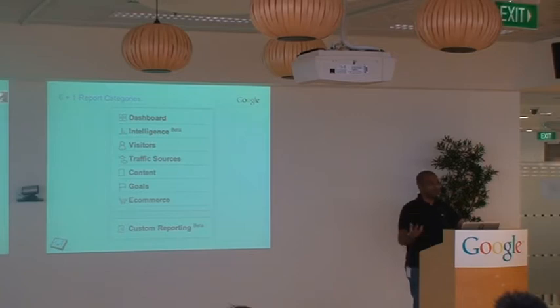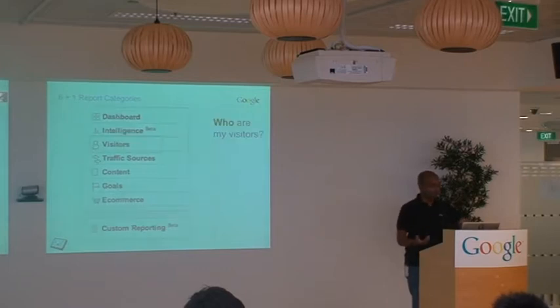And what we've really done is to categorize all of these things into these key items that you see here. But the way I like to look at this is that if you look at these menu items, these categories, it's really helping you to tell the story of your website or your application. If you were to write a book about your website, let's say it becomes a success in 2 years' time, fingers crossed, and you're writing your bestseller on how you made it a success, the data here can help you write that story. So the visitors reports are really all about who's your audience, right? Who's coming to your website, and you get to learn everything you need to know about these important characters in the story.